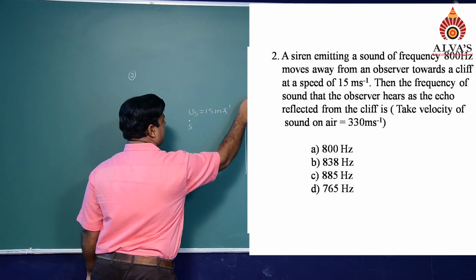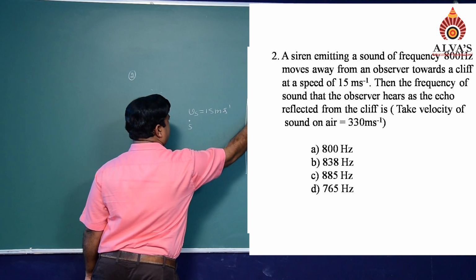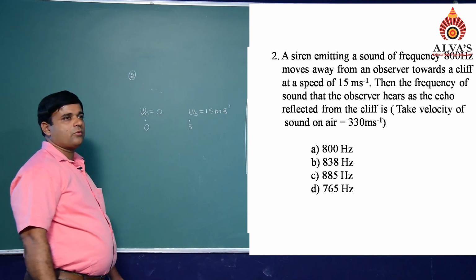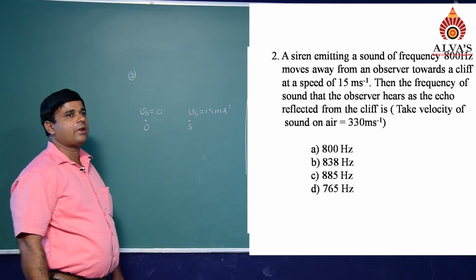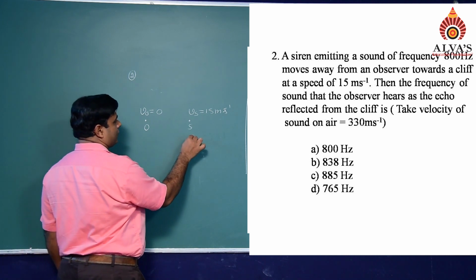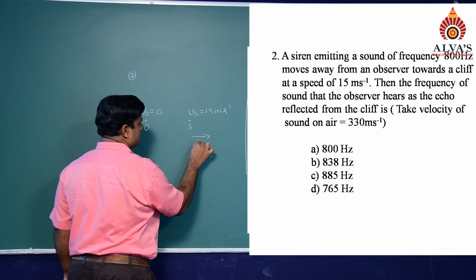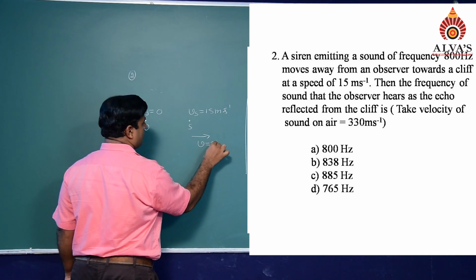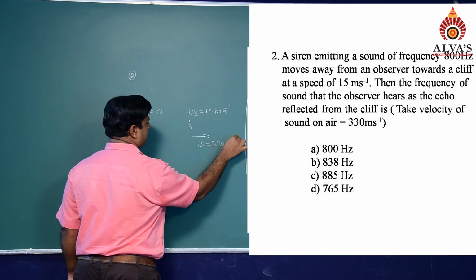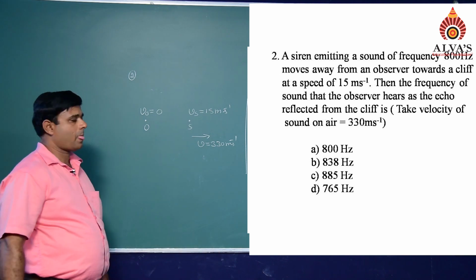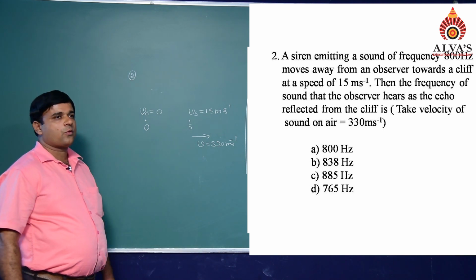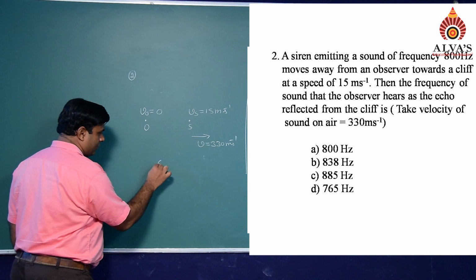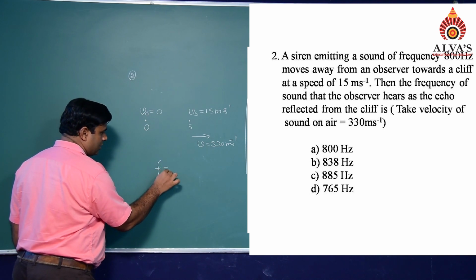a cliff. There is a cliff here. So, the observer should hear the sound reflected from the cliff. Therefore, sound should move towards the cliff. Its speed is given, which is equal to 330 meter per second. To calculate the frequency of sound heard by the observer, we have to use the formula